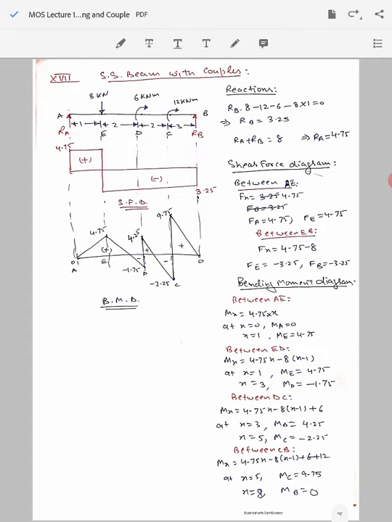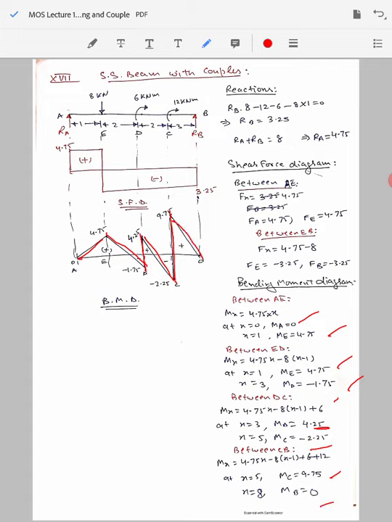When you plot these values, you will get this very interesting shape. From point A it goes from 0 to 4.75, you get a straight line here. Then from 4.75 it reaches minus 1.75, so you come here up to point D. At point D the value changes from minus 1.75 to 4.25, so there is a vertical rise here up to 4.25. Then for point C it reaches again minus 2.25, so you come back here to a negative value of 2.25. Then exactly at point C there is again a change from minus 2.25 to 9.75, so there is a vertical rise here from 2.25 to 9.75, and finally it comes back to 0 here.